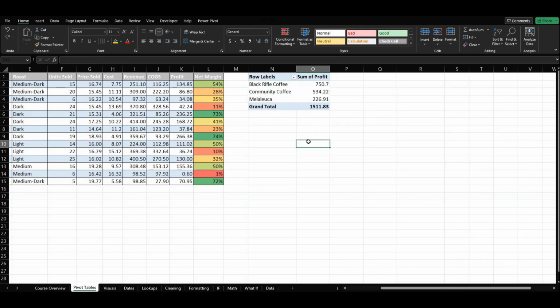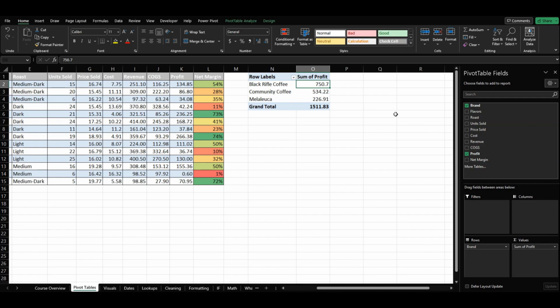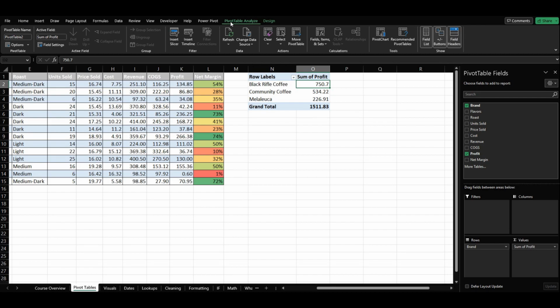So now let's find out what our profit is per unit sold with each one of our coffee brands. So we can go ahead and click into here, but the thing is, we don't actually have something that we can choose in here to automatically give us that information. So what we have to do is what's called adding in a calculated field. So what we can do is go into PivotTable Analyze up here. You notice whenever you're clicking into your pivot table, it'll pop up and give you a new toolbar up here. So you click on PivotTable Analyze, and right here you see Fields, Items, and Sets,